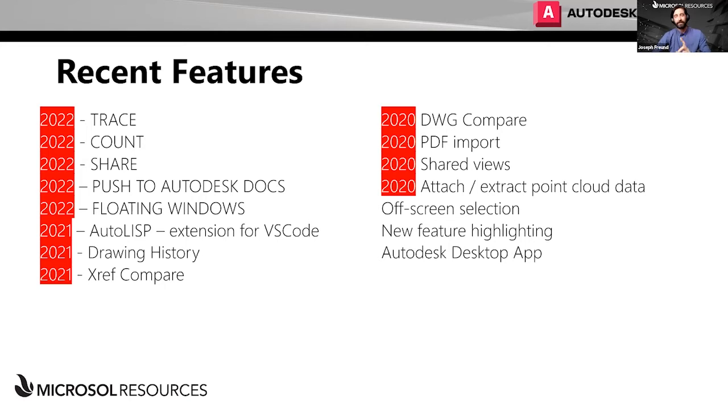So some of them, as I mentioned, the trace feature within the AutoCAD Web App has been an enhancement for 2023, and I'll cover that in a little bit. You've got the count feature, so you can get a count of all your blocks or objects within your drawing file. So that's a great way to just get some quick quantities of what you have in your drawing. You've got a bunch of different